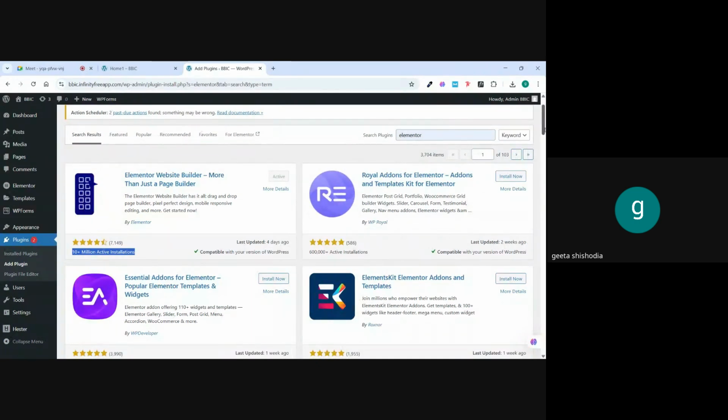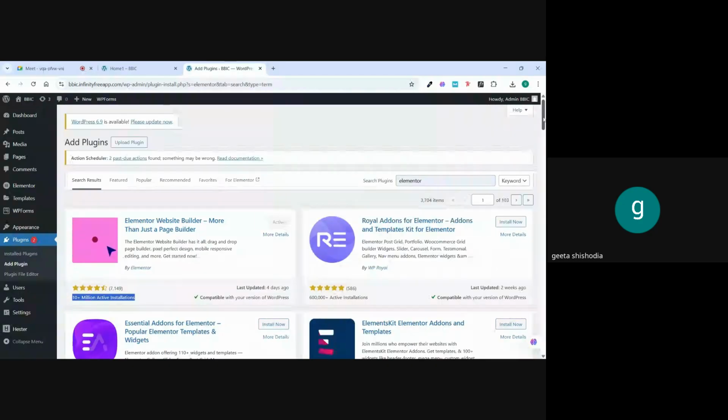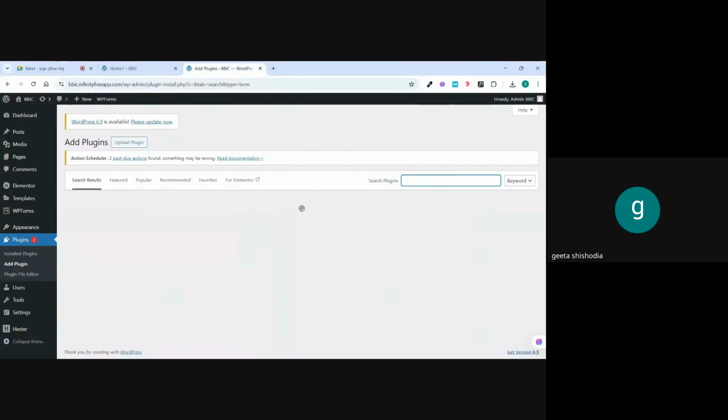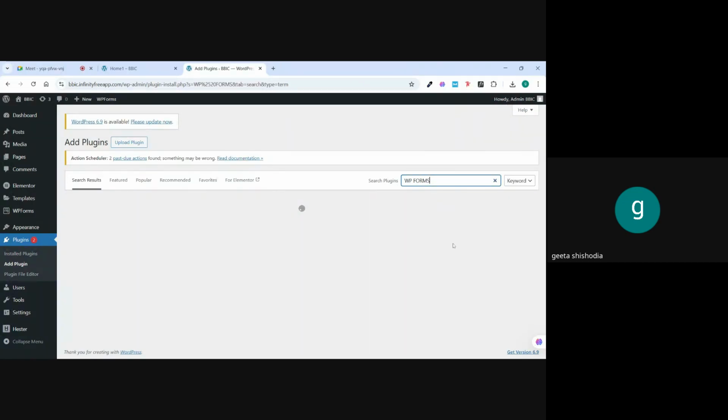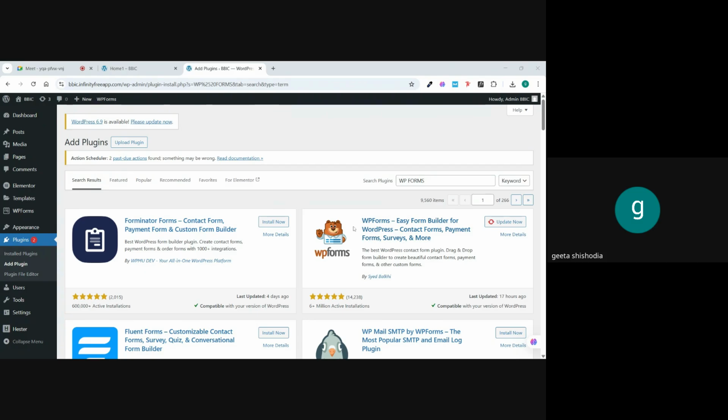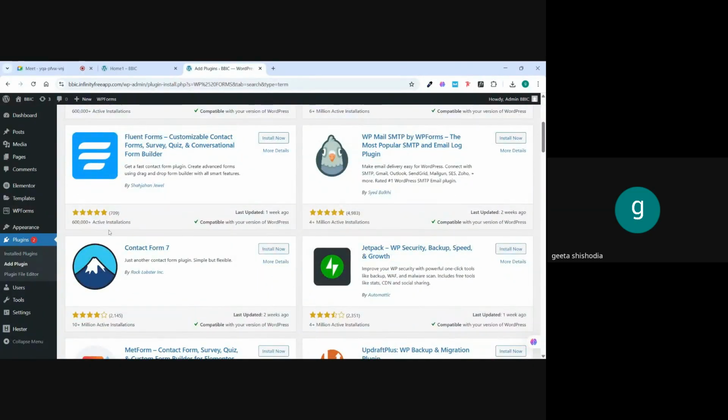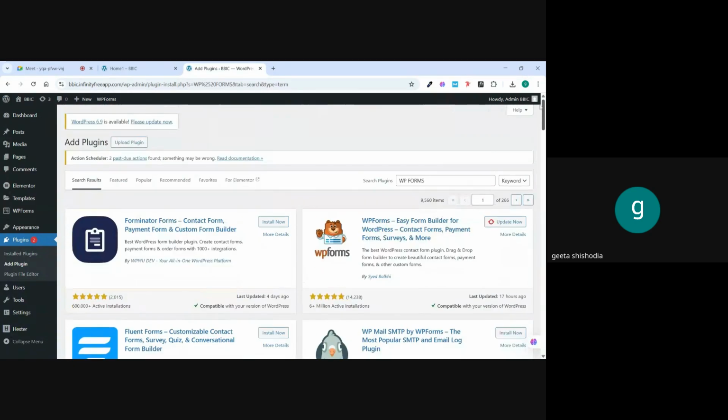So this is plugins, and you can also download other plugins like WP forms. Okay, WP forms. So when you find WP forms like this one, you can download this one, or you can download this one, any one. This Contact Form 7, this also has 10 million active installations, so you can download either of them. Okay,